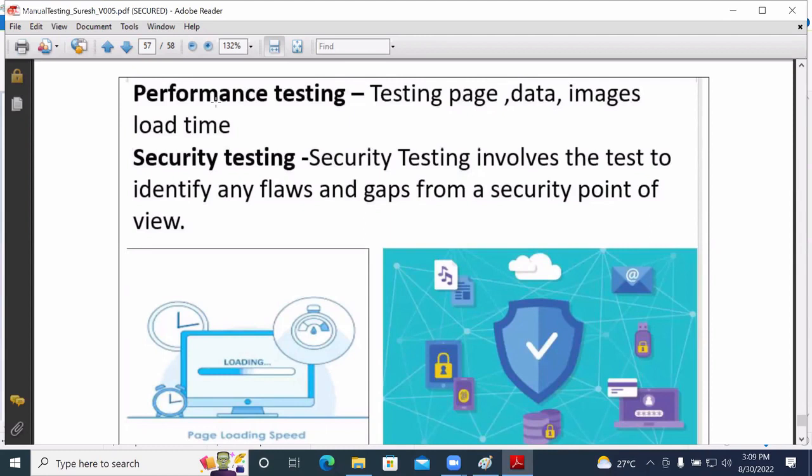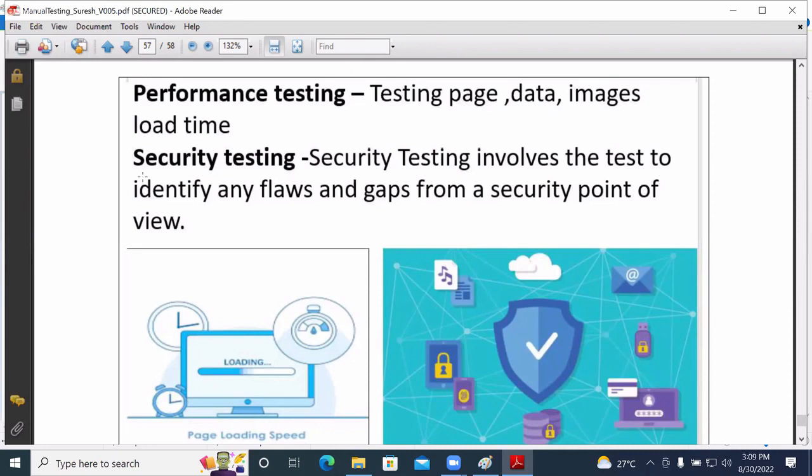So all these things come under security testing. As part of security testing, you need to look into how secure that particular application is. So you will consider performance testing, and you will consider security testing.